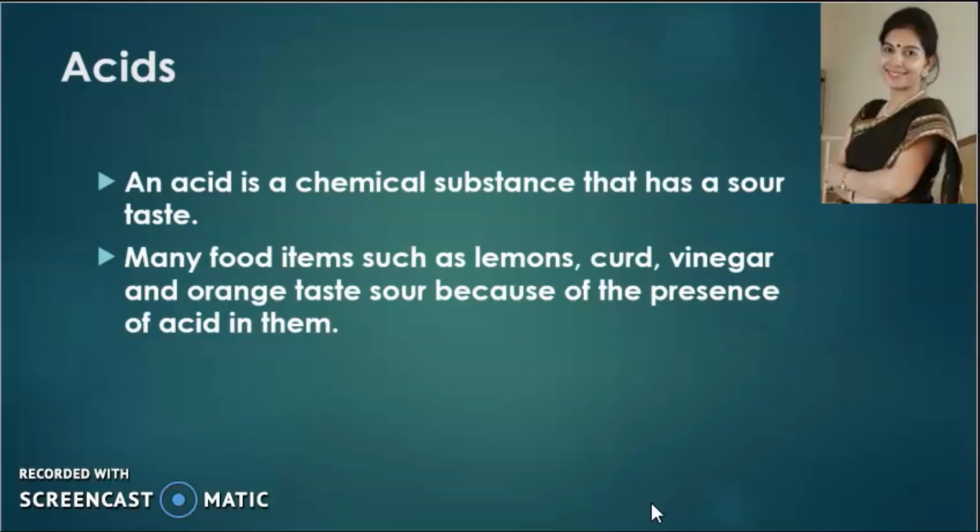Acids are never stored in metal containers. They are rather stored in glass containers because acids are generally reactive in nature. If we keep them in metal containers, they can react with the metal and corrode them, while glass does not react with acids at all. So, we store acids in glass.